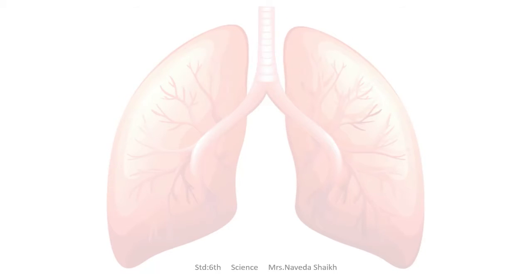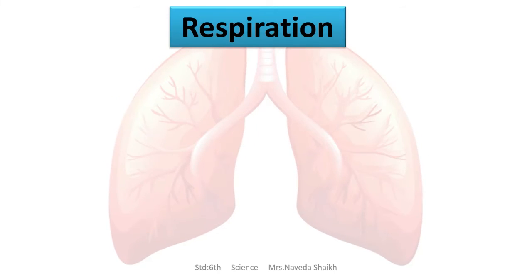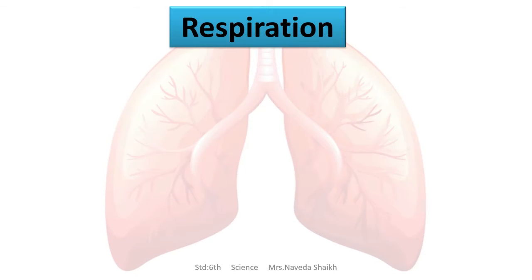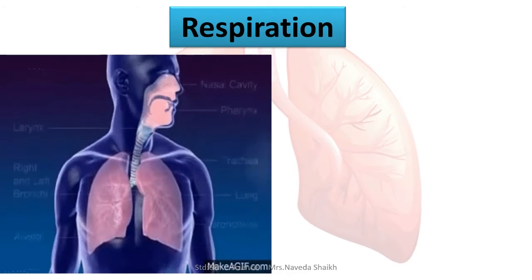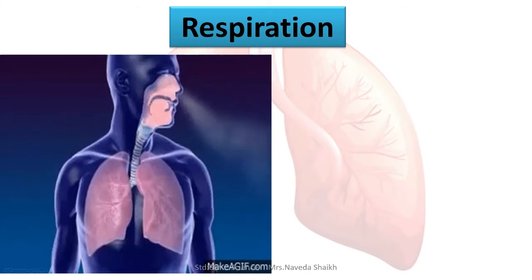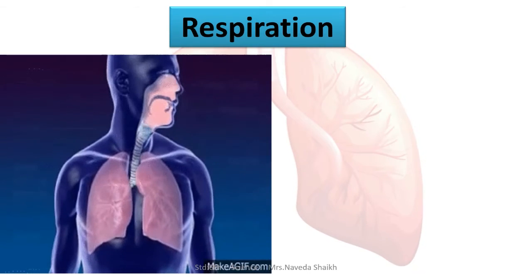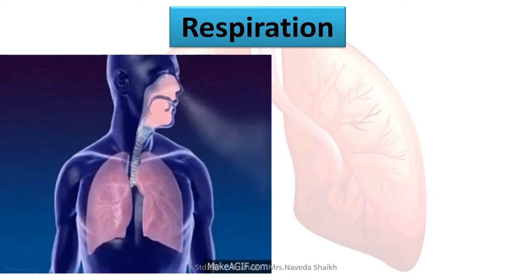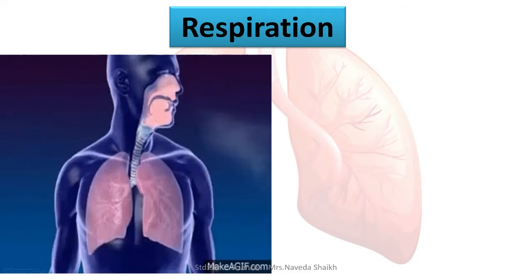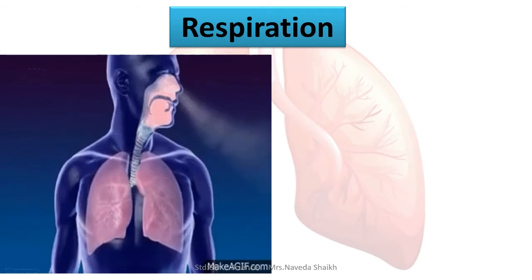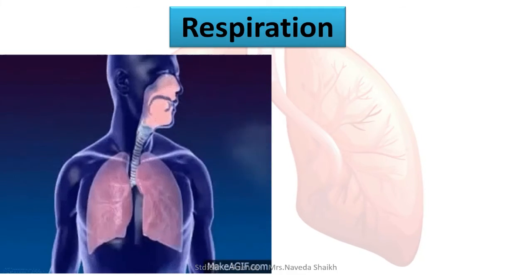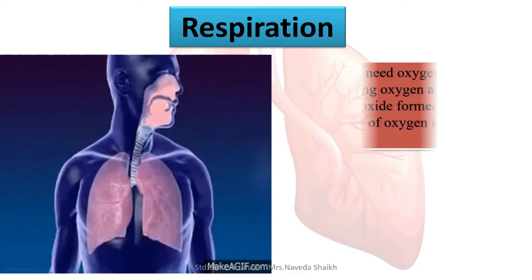Because of respiration. Now, all living organisms perform respiration. That is, we take in air, that is oxygen gas, and we give out carbon dioxide gas. We take in oxygen with the help of our nose, which goes into our trachea and it goes into the lungs. And from the lungs, this oxygen goes into the blood, and from the blood it goes to various parts of the body. Okay, so respiration process is extremely important in all living things.